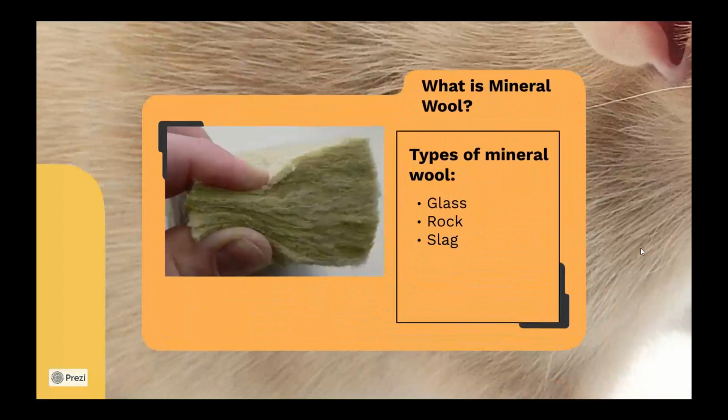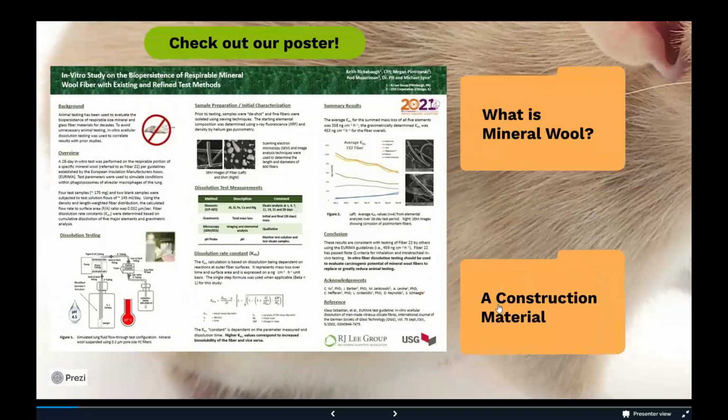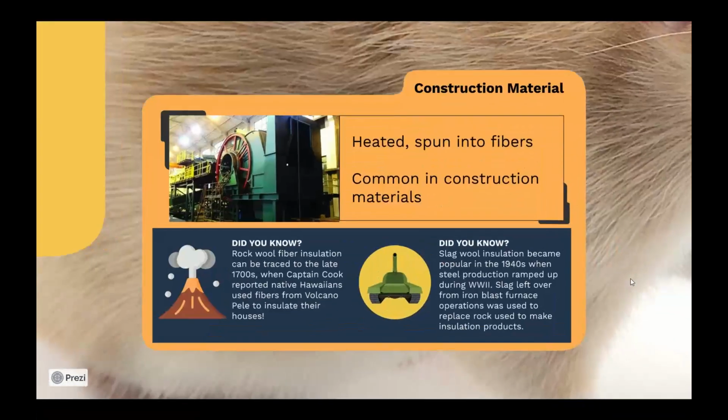What is mineral wool? Mineral wool fibers are amorphous glasses that are used in the building industry for insulation and other purposes. To manufacture mineral wool, molten glass, stone, or slag, and other raw materials are heated and spun into very thin fibers that are flexible. Slag wool has desirable insulative, fire-resistant, and acoustical properties, which is why it is an ingredient in a variety of